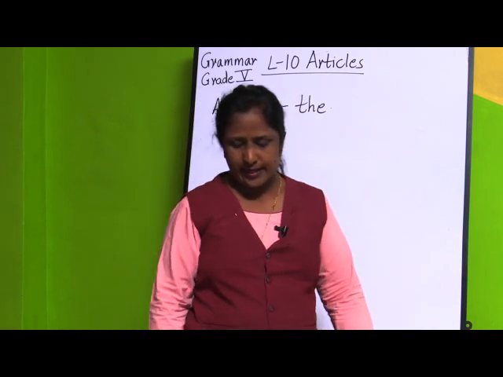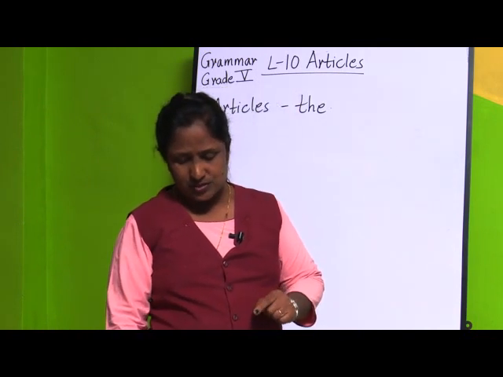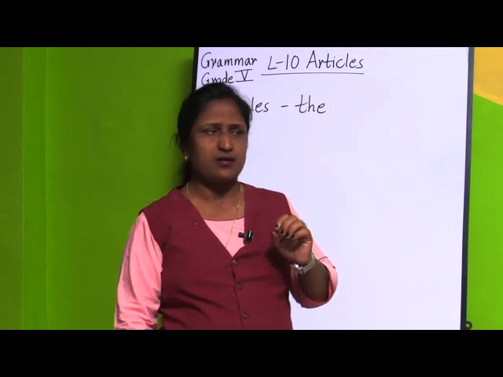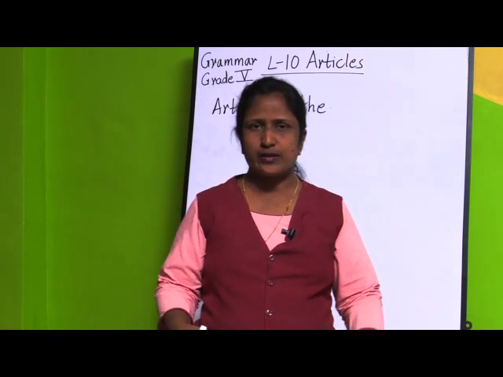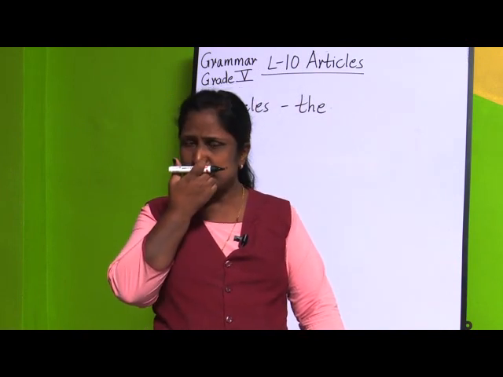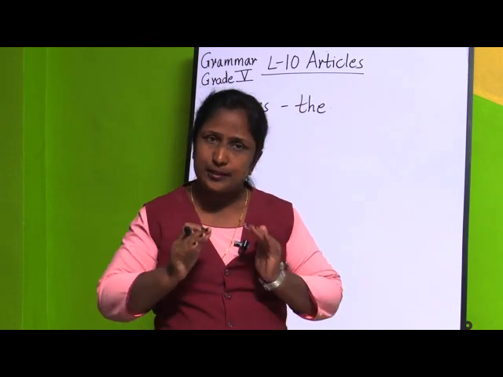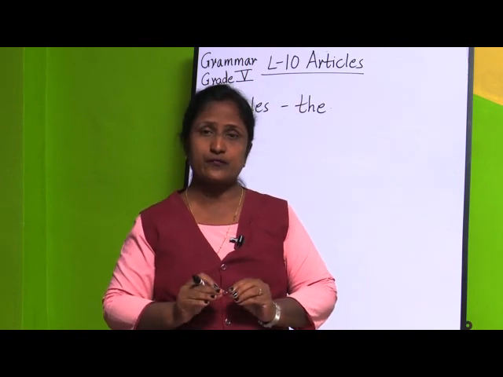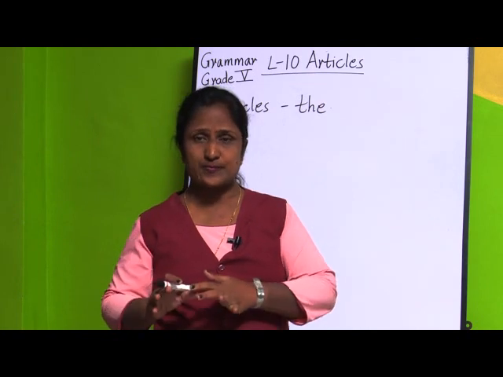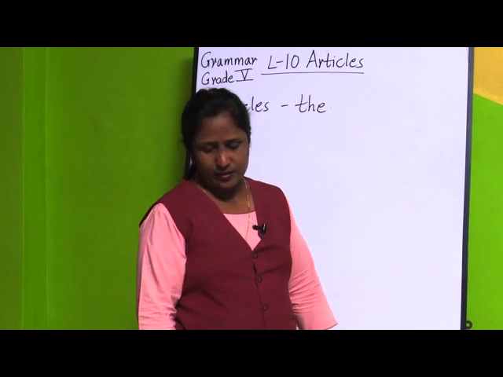We use a or an when we mean any person or thing. The is used when we mean a particular person. A or an, we are not knowing any person. When we are talking about any person, about anything, we use articles a or an. But when we are talking about a particular person, or a special animal or thing, we are going to use the article the. For example, see,